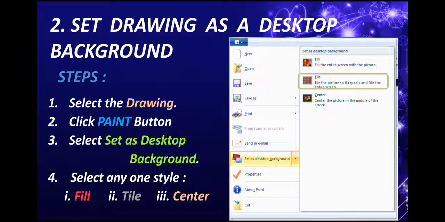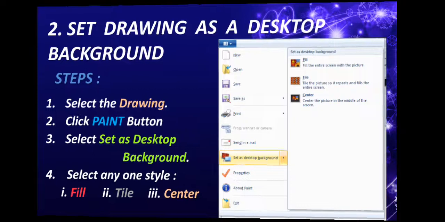Tile style will arrange the picture in sequence all over the desktop screen, horizontal and vertical combined together in the form of tiles, in a particular sequence. Now center style places your image in the center of the desktop screen. Now let's look at the demonstration.